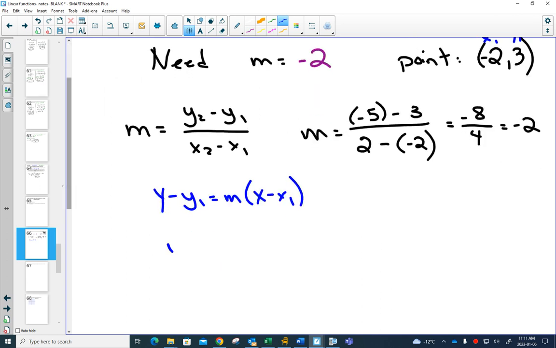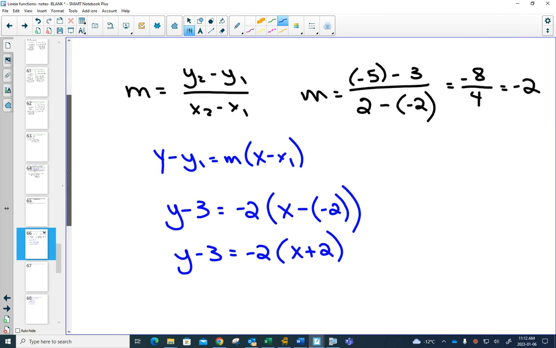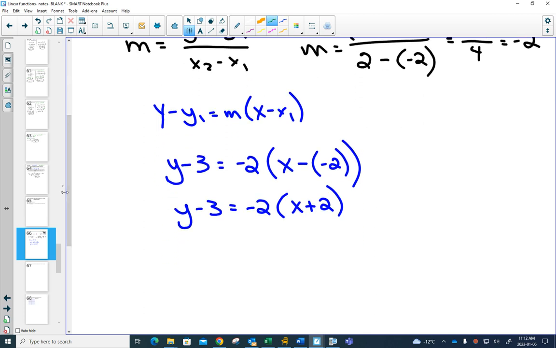I would get y minus 3, don't need brackets, equals m, which is -2, times x minus -2. If I distribute the -2 to get rid of the brackets,